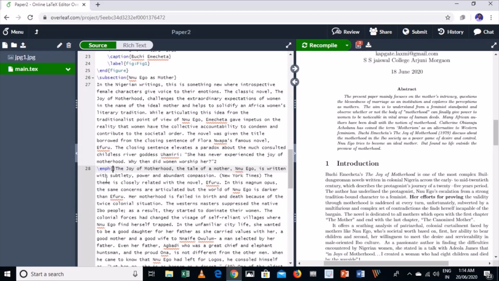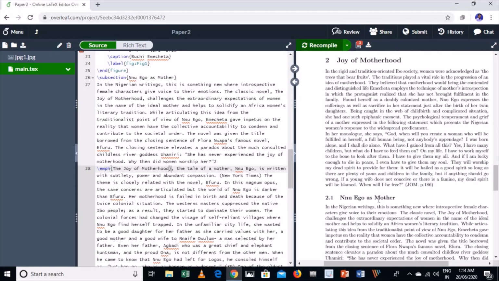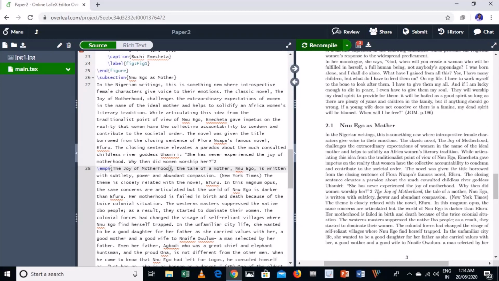So select this tag and close this title in the curly bracket. As I click, this title of the novel will be italic here. You can see in the subsection, The Joy of Motherhood is now in italic.